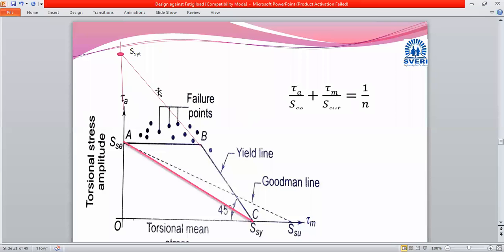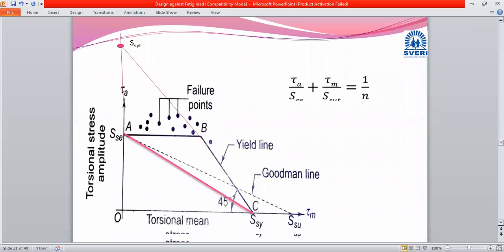So you are able to see the screen, and on screen we can see how we can draw the modified Goodman diagram. For the torsional stresses, as we know, this tau which we are going to calculate on the y-axis, we are going to put the endurance limit for the shear stress, and on the x-axis we are going to put ultimate shear stress and yield shear stress. As we know, this yield shear stress is half of the tensile stress from the tensile test, because the tensile stress which we calculate with the help of the UTM is roughly half.